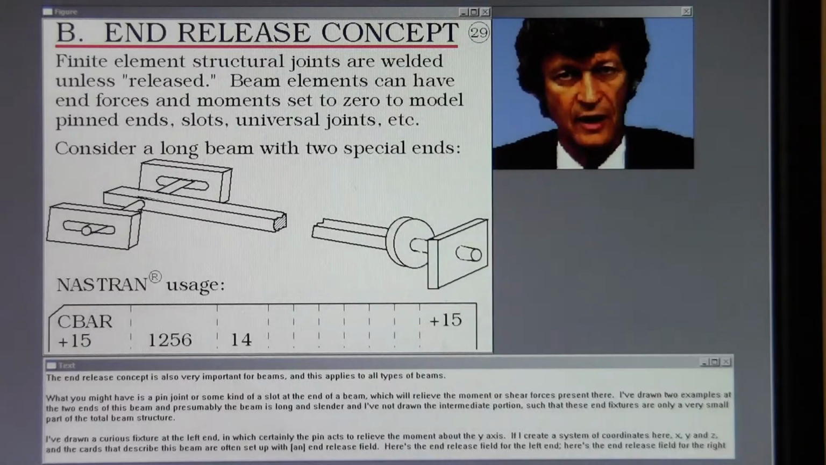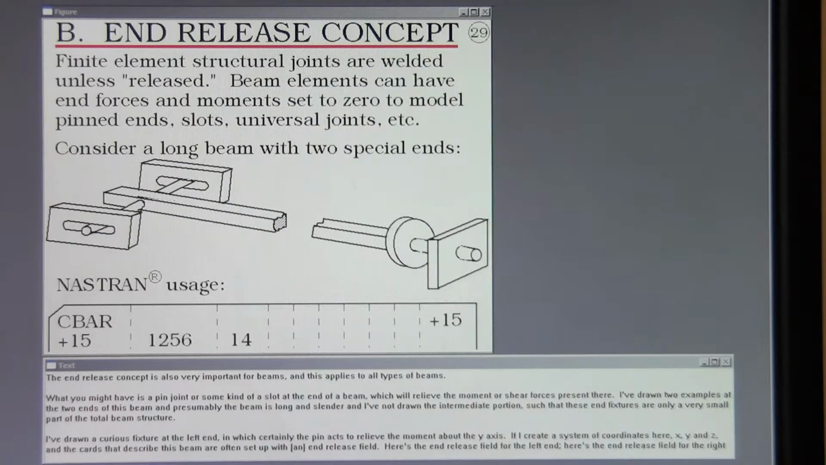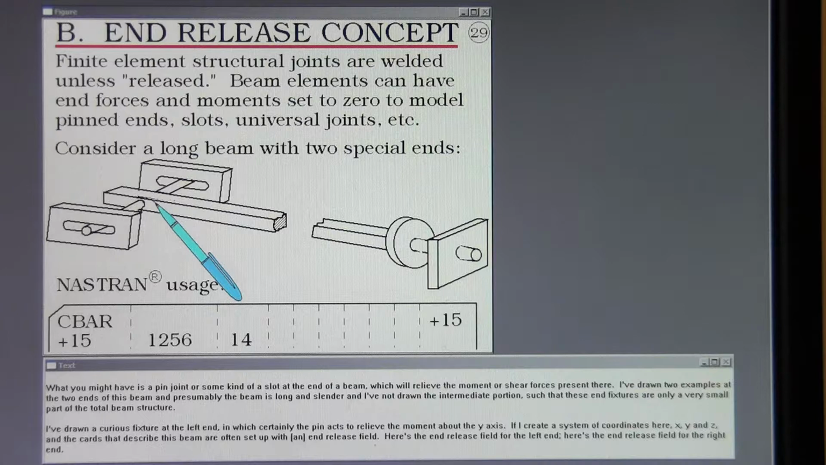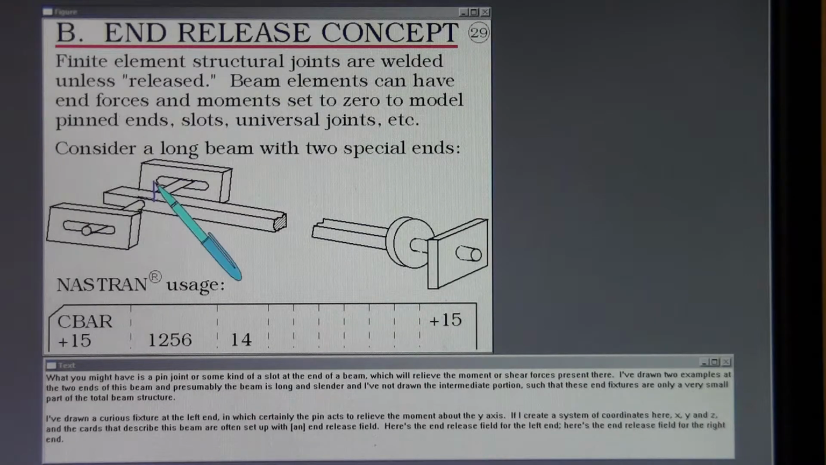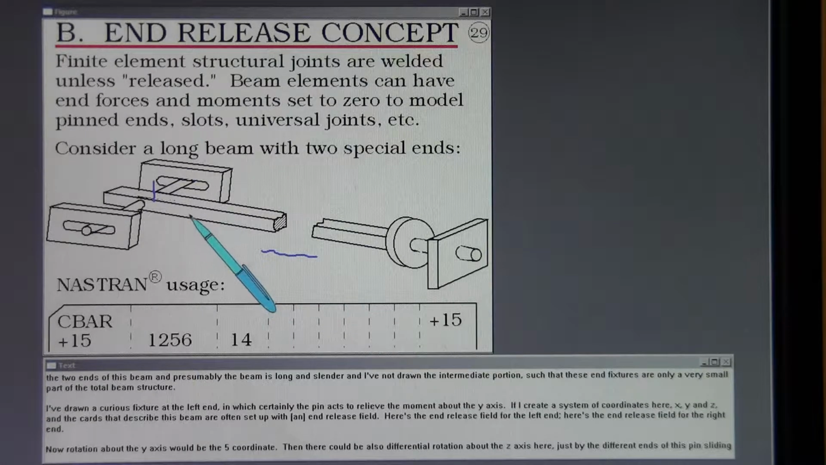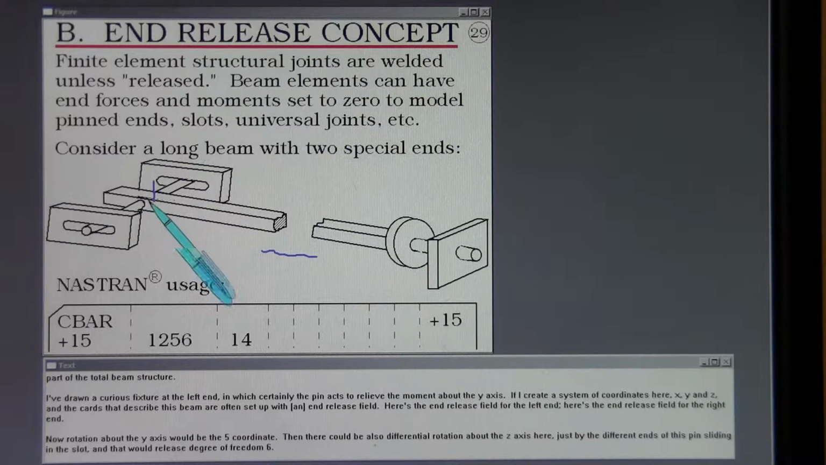The end release concept is also very important for beams, and this applies to all types of beams. What you might have is a pin joint or some kind of a slot at the end of a beam which will relieve the moment or shear forces present there. I've drawn two examples at the two ends of this beam, and presumably the beam is long and slender, and I've not drawn the intermediate portion, such that these end fixtures are only a very small part of the total beam structure. I've drawn a curious fixture at the left end in which certainly the pin acts to relieve the